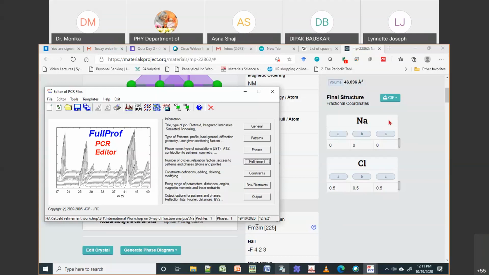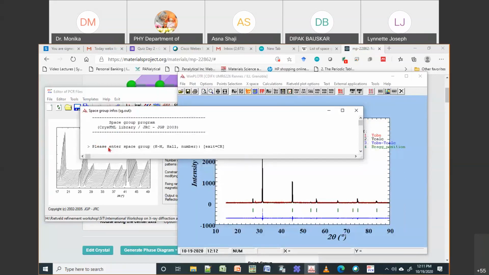I close it. Okay, 225. So if I go up here, it will give the space group number is 225, and it has something called the general multiplicity, which is 192, and you need to remember this. Okay, so general multiplicity.